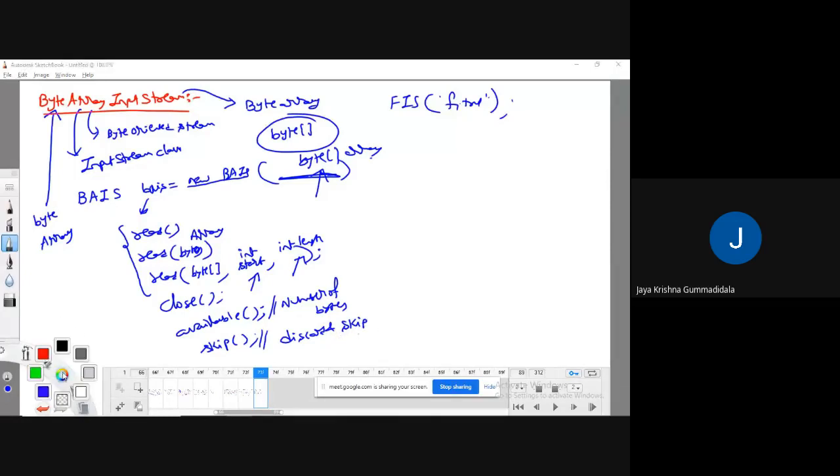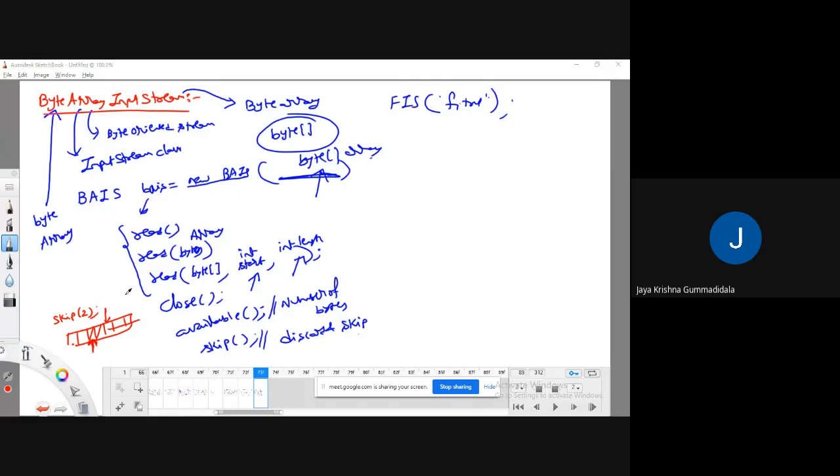For example, I am writing skip of 2. What is the meaning of this? If my byte array has some 10 values and my file pointer is pointed here, from this point it is going to discard two byte values, and then it is going to print from there. That is the advantage of the skip method.